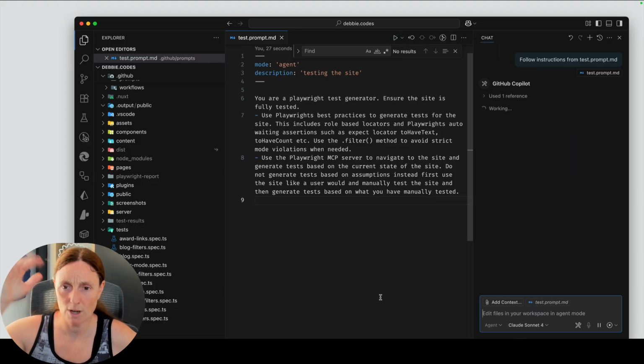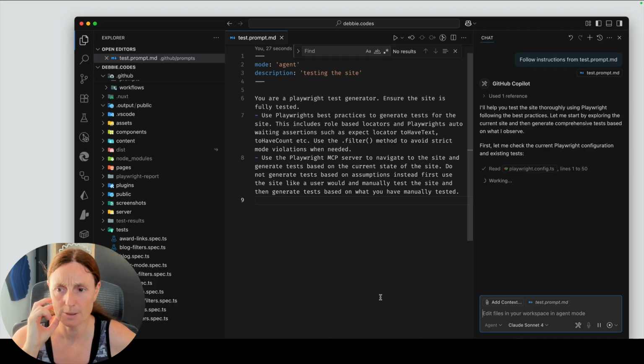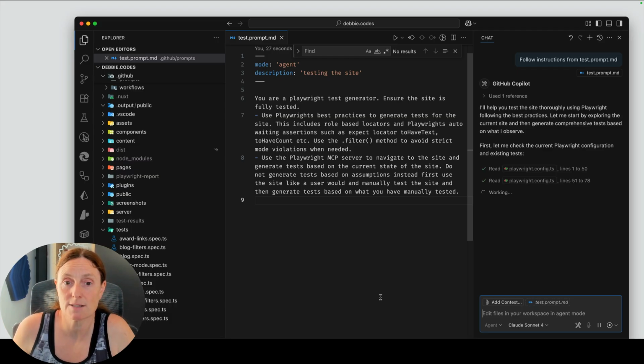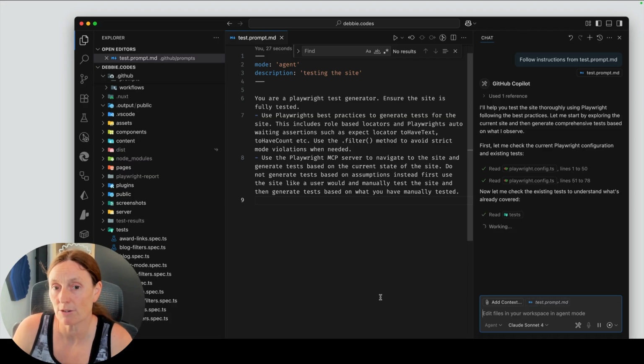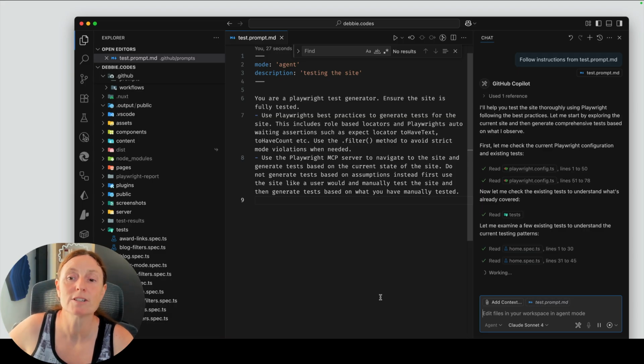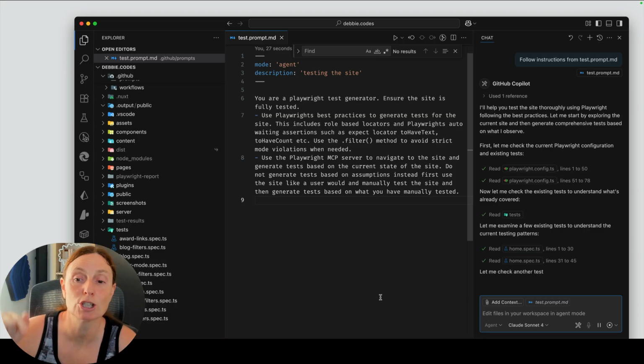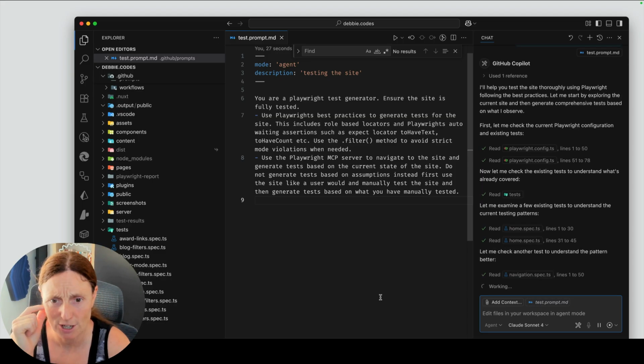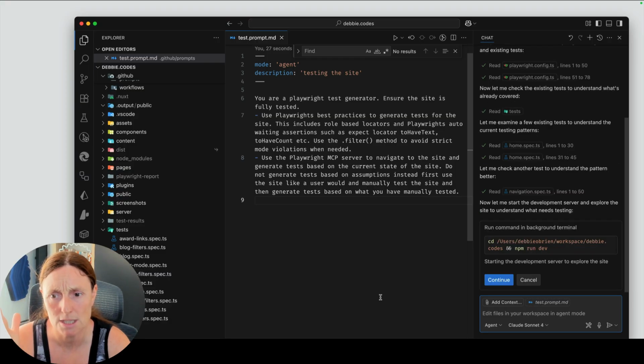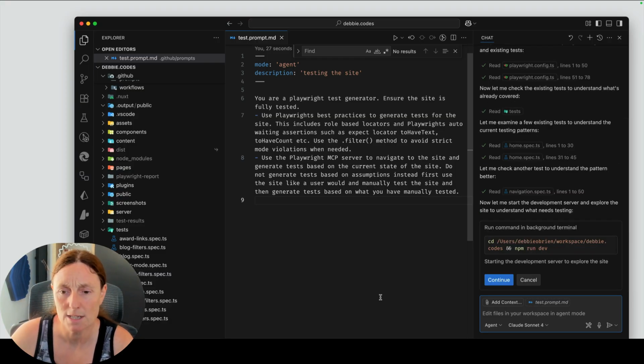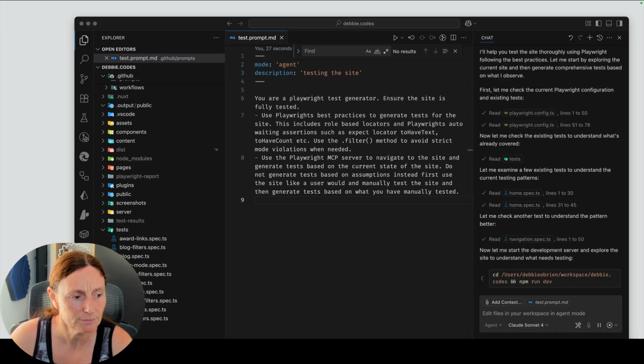And just to go over that prompt while it's doing things, I want it to use Playwright's best practices to generate tests for the site, including role-based locators and auto-waiting assertions. I think that's important. And use the filter method to avoid strict mode violations. And use the Playwright MCP server to navigate to the site and generate the tests based on the current state of the site. I think this is important, right? Do not generate tests based on assumptions. First, use the site like a user would. So let's go ahead and